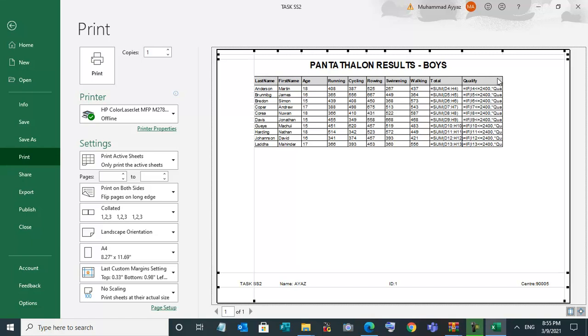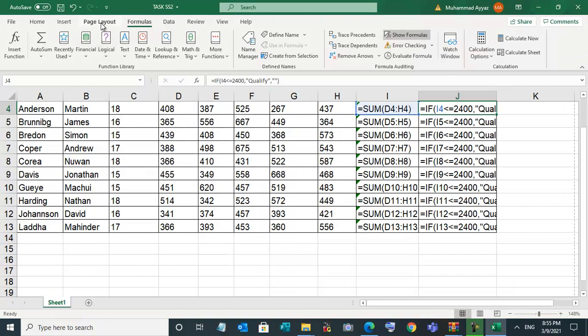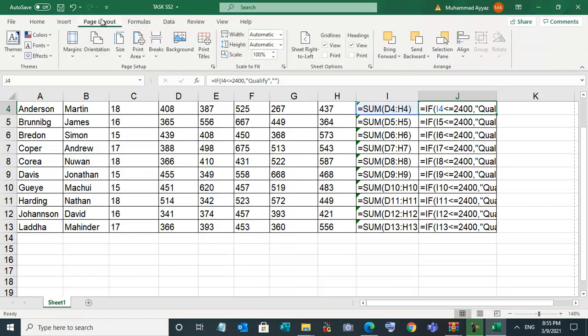But now, what is this? Column A, B, C are not coming here, and row numbers 1, 2, 3 are not coming here. These are known as headings. So we have to enable them so that it can show column headings A, B, C, D, E, F and row numbers 1, 2, 3. So go back in the file and go to page layout. Then see gridlines and check print also, and headings also. So gridlines print, headings print.